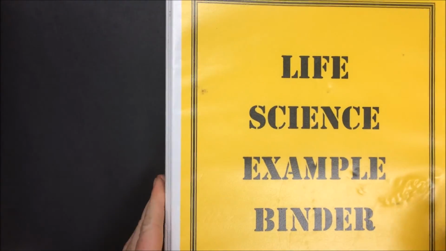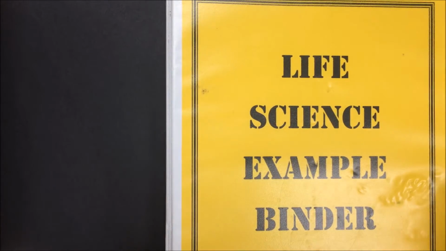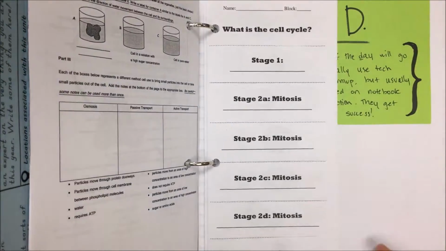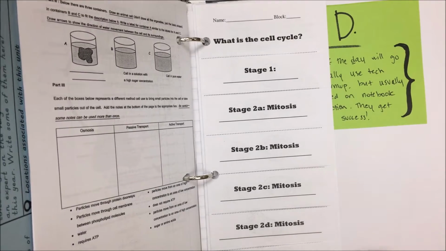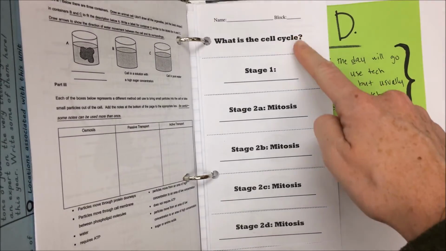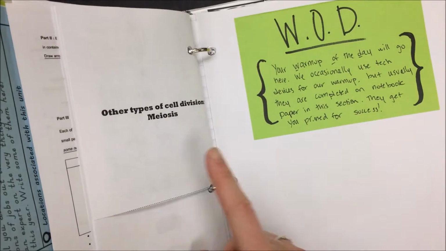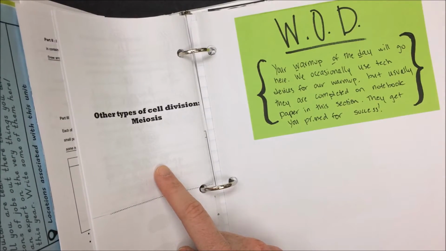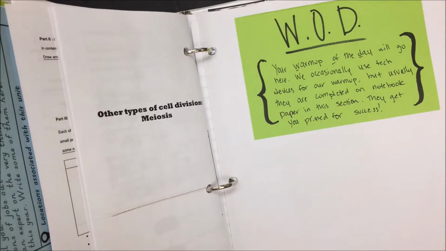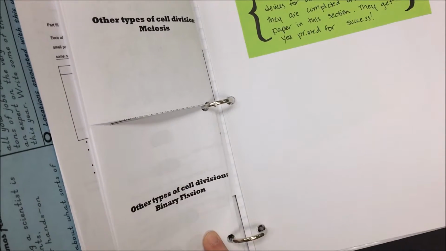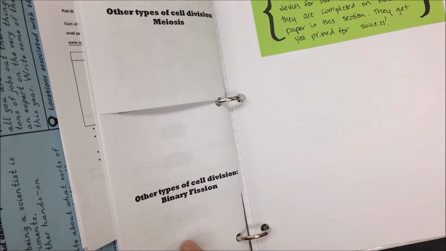All right, folks, let's go over what you need to study for our test on the cell cycle. We have one set of foldable notes for this unit. It should be in your VIP section, and this is the cell cycle foldable. On the front, you've got the steps of mitosis, and on the back, you have a flap for gamete reproduction, aka meiosis, and a flap for binary fission,